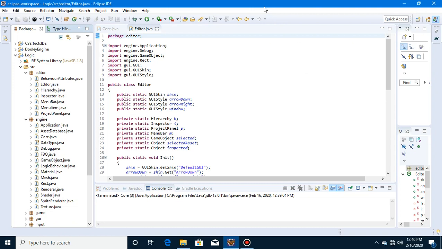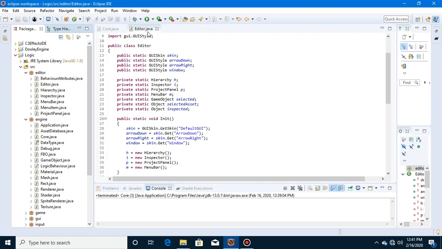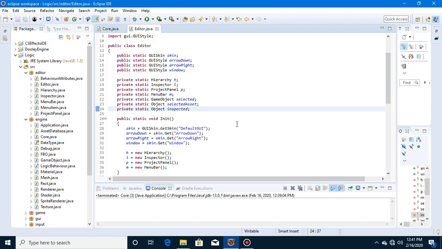as well as the engine settings file. The engine settings file is going to have things that pertain to the engine, not to any particular project. There's a lot of stuff that we gotta get done in this episode, so let's go ahead and start. The first thing we need, inside of the editor script, is the ability to import,